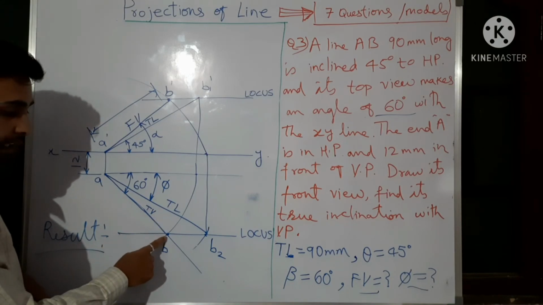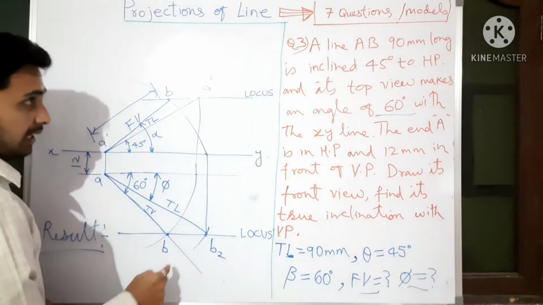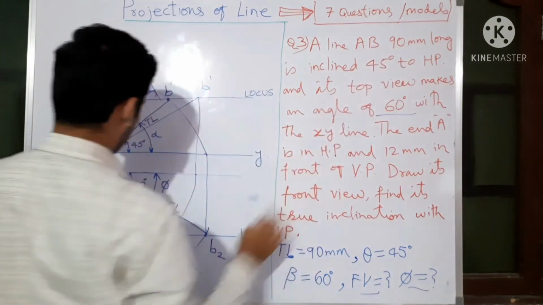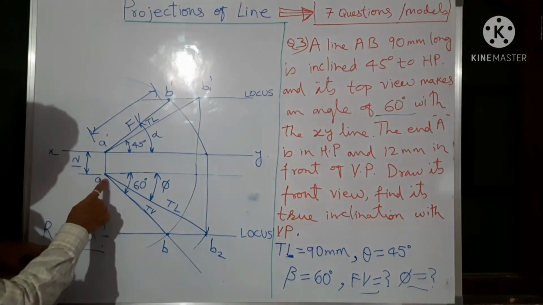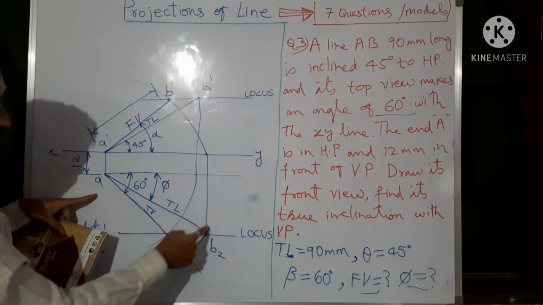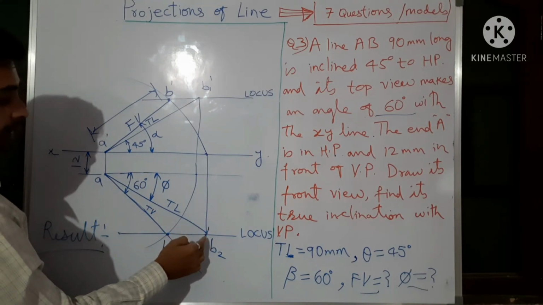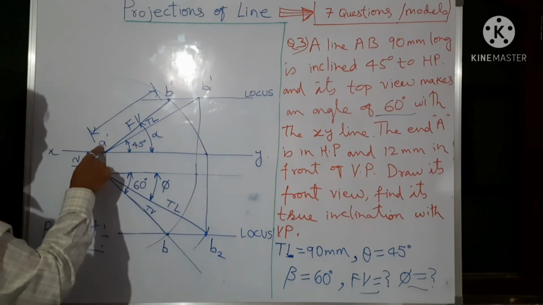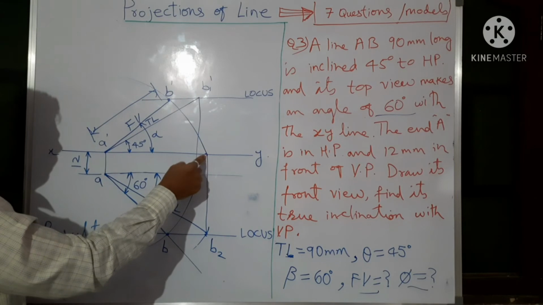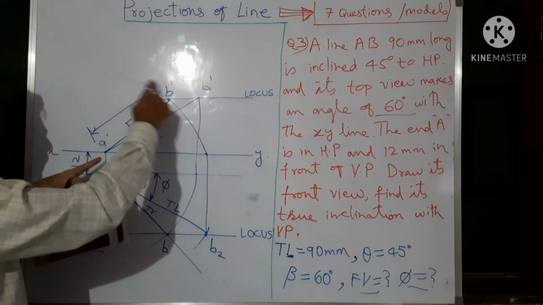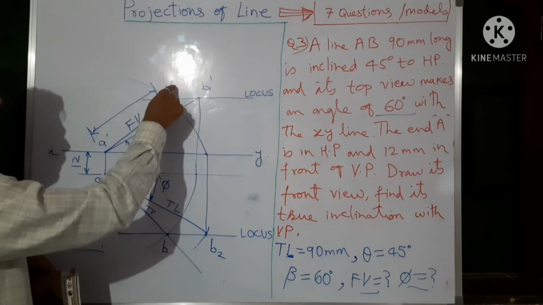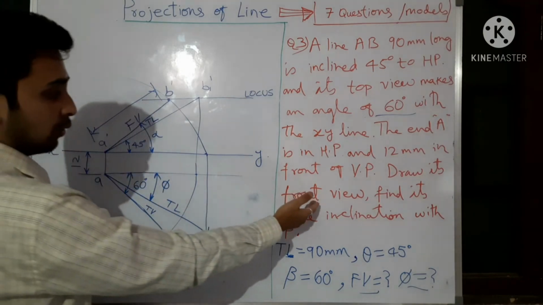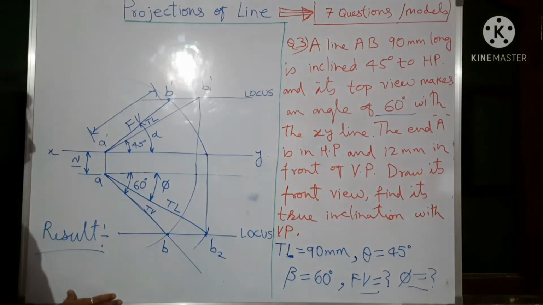As soon as you got this point, draw the locus. Then from here again go to AB, which is how much? 90 mm long. So take this as center, 90 mm, you can draw the arc. From this point project it vertically upward till this XY line, because A level, A dash level here. From here take this radius, rotate it. It will cut somewhere here at the locus, that is B dash. This is final front view, this is final top view. So whatever asked in the question, that you can mention in the result below.